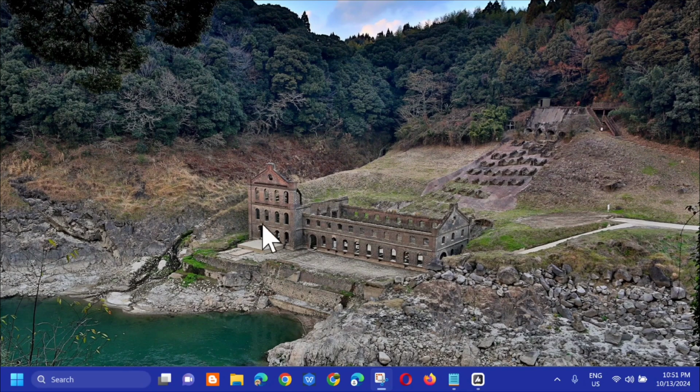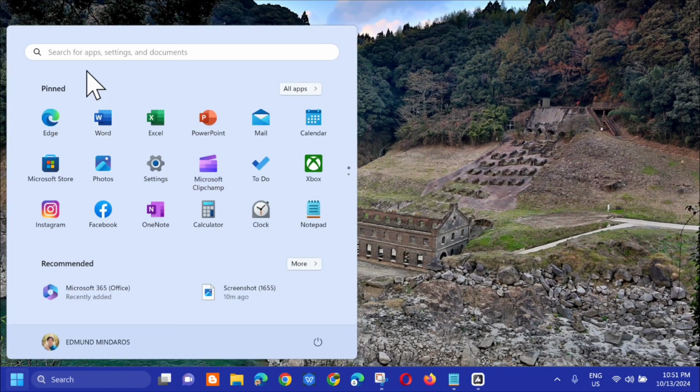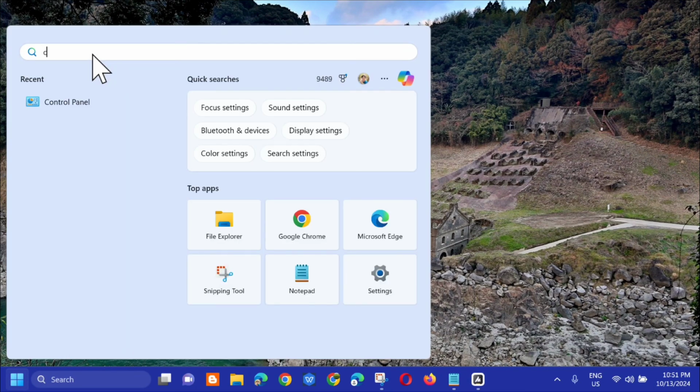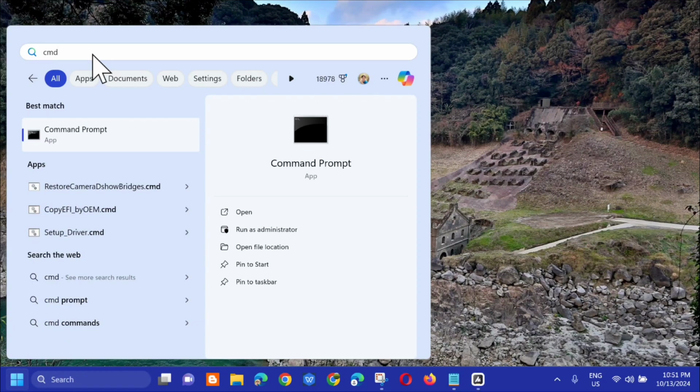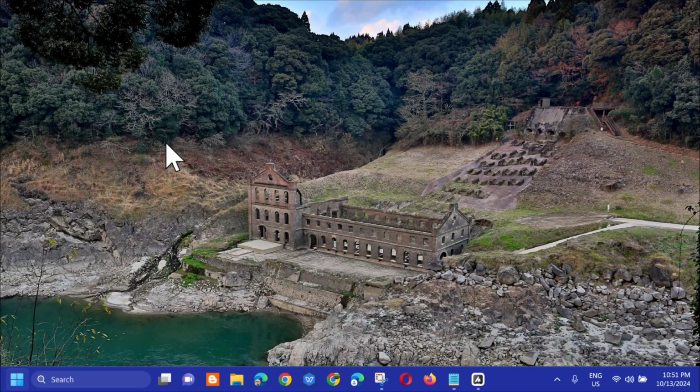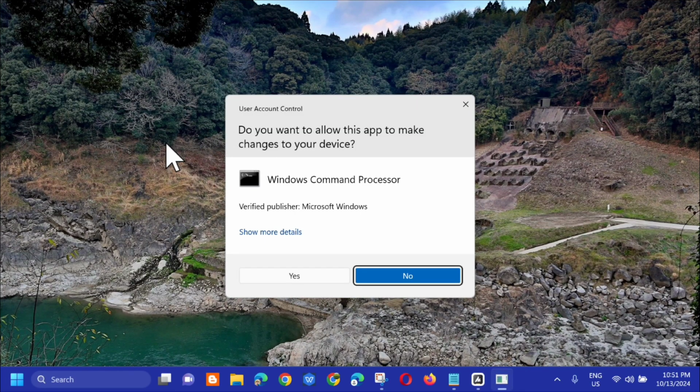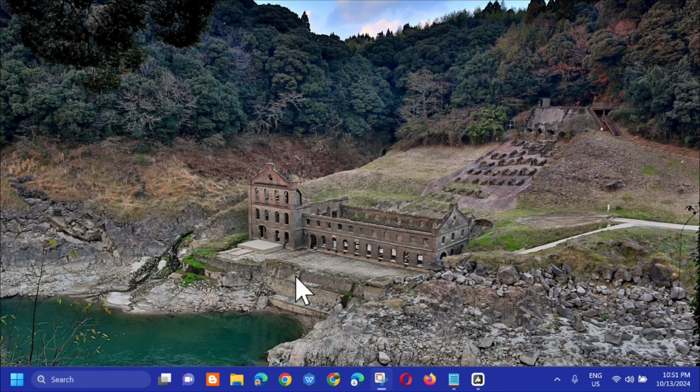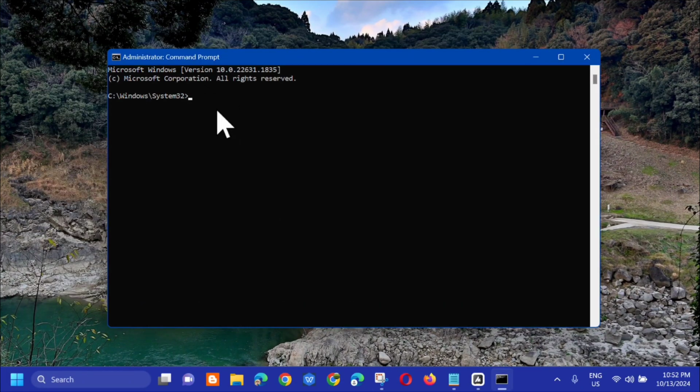So, dito lang ulit sa search menu and dito sa search for app, type mo lang dito yung CMD or ito yung tinatawag na command prompt, and then kailangan mo lang mag-right click and select mo lang dito yung run as administrator. If you receive user account control, i-click mo lang dito yung yes. And dito sa administrator command prompt, ay kailangan lang natin i-enter yung command keyword na netsh